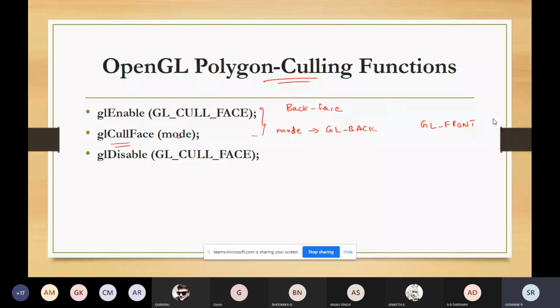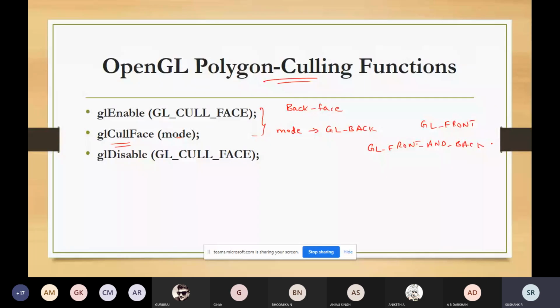If you are interested in viewing only the point sets, or only the straight lines, you can set the parameter mode as GL_FRONT_AND_BACK.